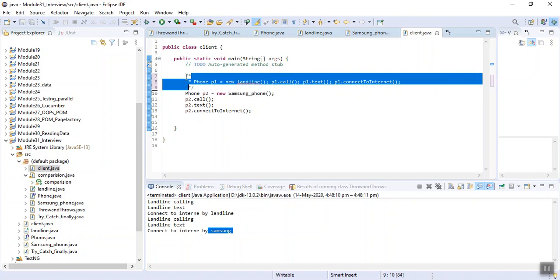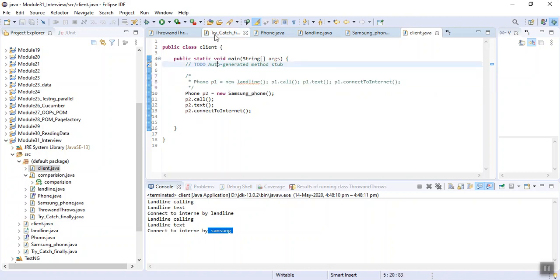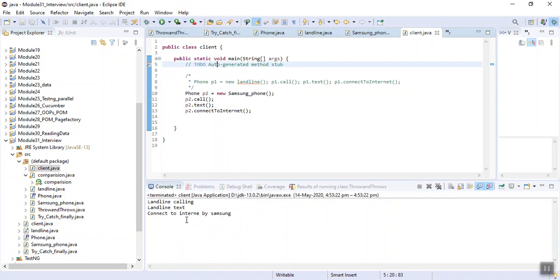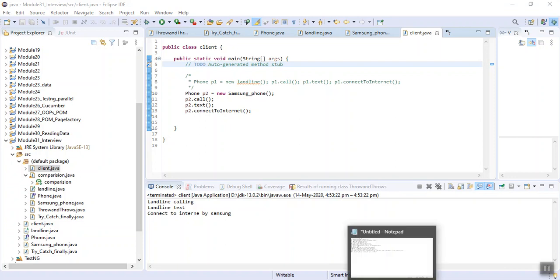Now if I run it, see, it has called landline calling, landline text, but now we can connect to internet by Samsung phone. And remember one more thing, interface is something which is completely abstract. Remember this slide. I think it is clear to you now what is abstract class.